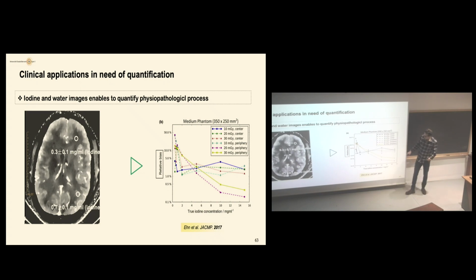It's not flawless because in this study you see a dependence of the accuracy as a function of the concentration of iodine: the lower the concentration of iodine, the higher the relative bias in terms of quantification. So there is a dependence between quantification, iodine concentration, and also radiation dose, which is shown here as different curves. But anyway, spectral CT is finally providing quantification capabilities that conventional CT cannot provide.